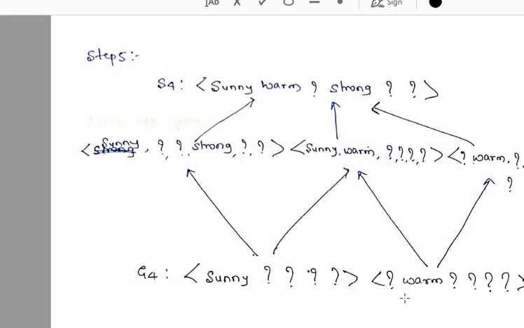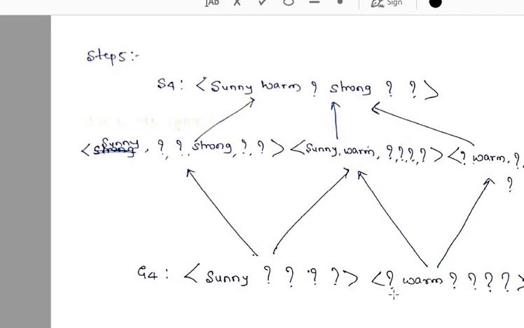So now we will come to this general attribute value, and again compare with sunny. Here it is question mark, here it is sunny, so I will write it as sunny. Next, warm and warm. So sunny, warm is already there. You got why it is written like this: it is because it is a combination. This question mark I have written as sunny, warm is already there, and again all question marks is already present over here, in the middle.